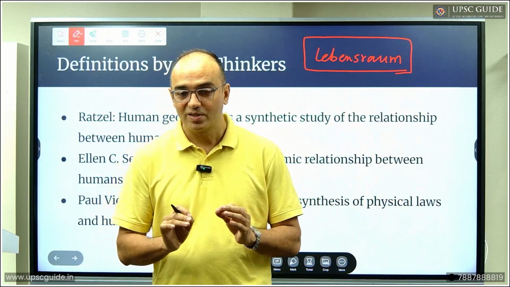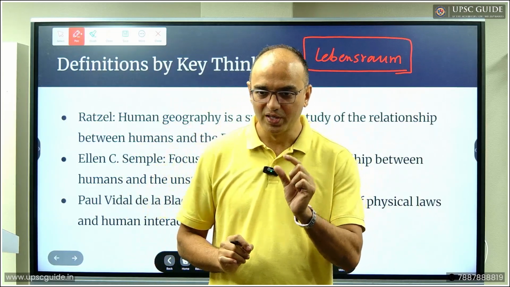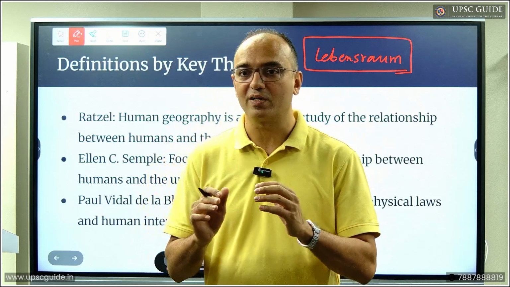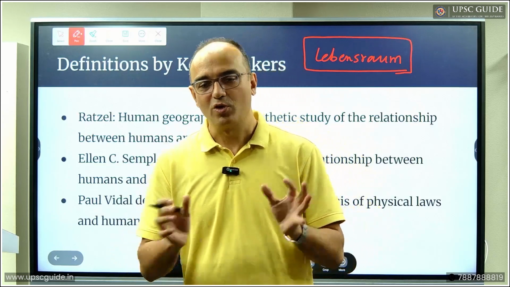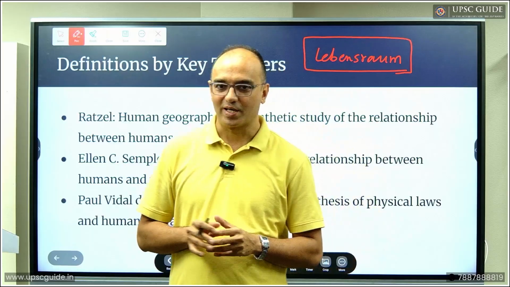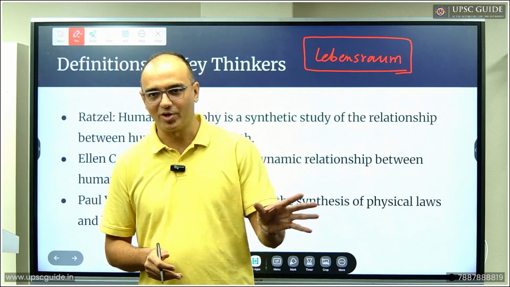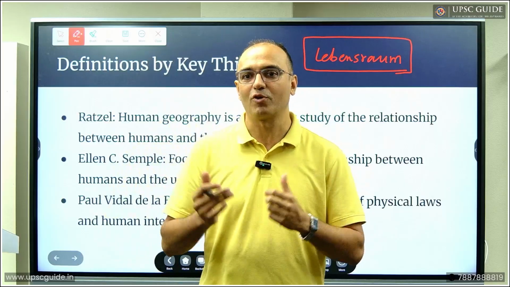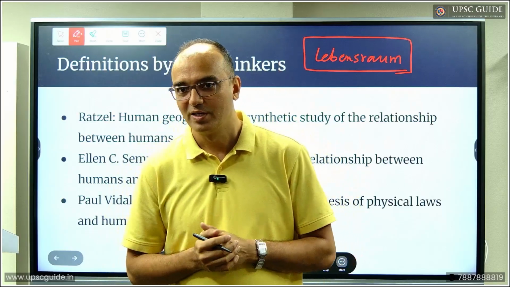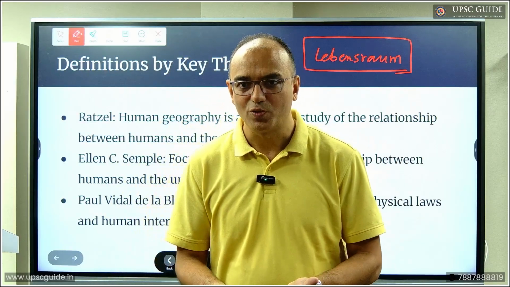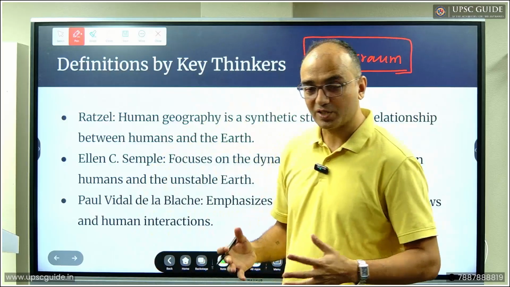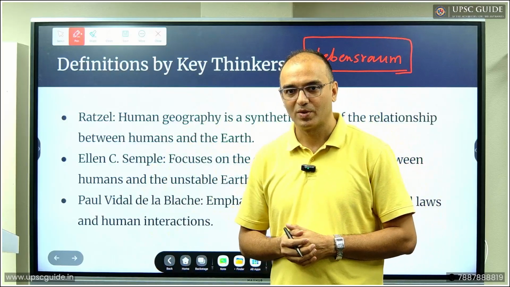Now, this is one simple example of how a theory given in human geography helps us look at the present. It's very simple. You apply this Lebensraum concept. Ratzel says the state is an organism and it needs more resources. Over a period of time, its hunger for resources is going to grow, and it is going to grow. That's what every state tries to do, right? It tries to maximize its resources, right?